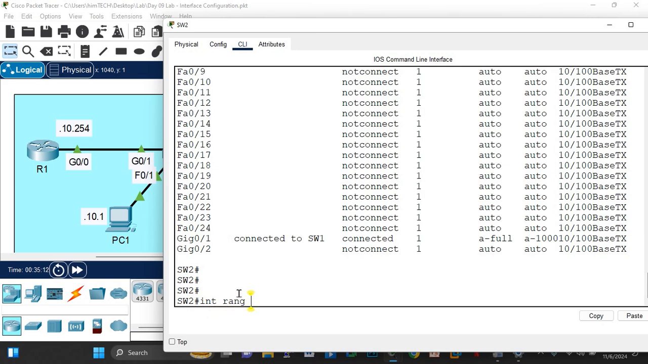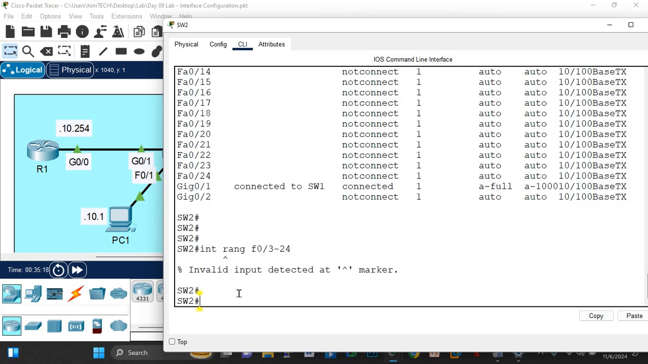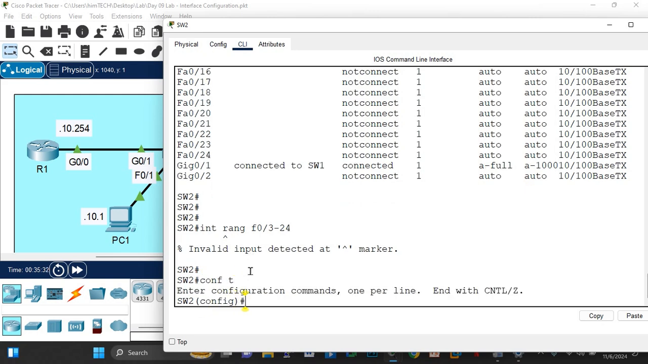Interface range F0/3 to 24. This command teaches us something else. We're executing this command in privileged mode, but this command is supposed to be in global configuration mode. So we say config t. Now we are in global configuration mode. Now if we recall this command with the up arrow here,